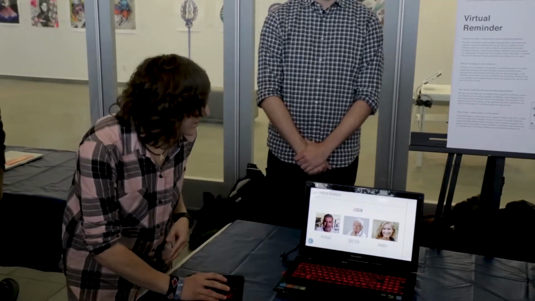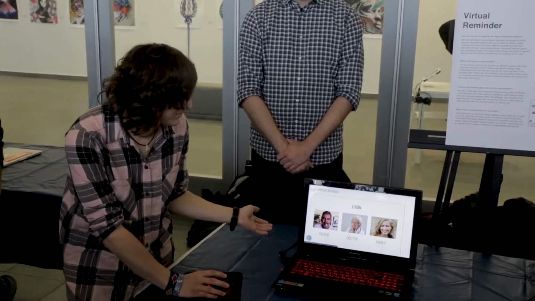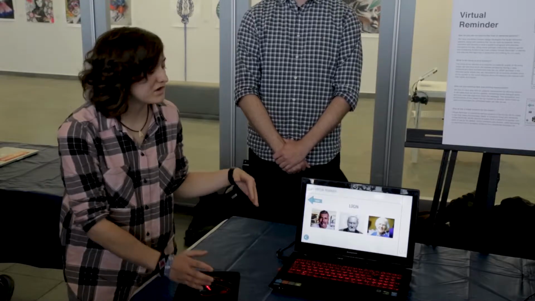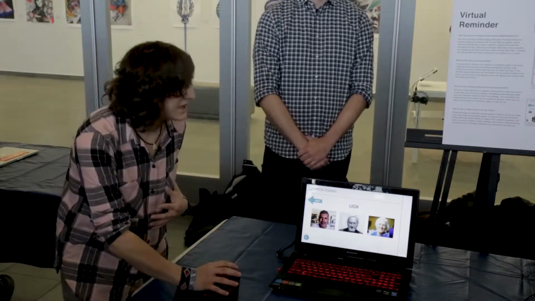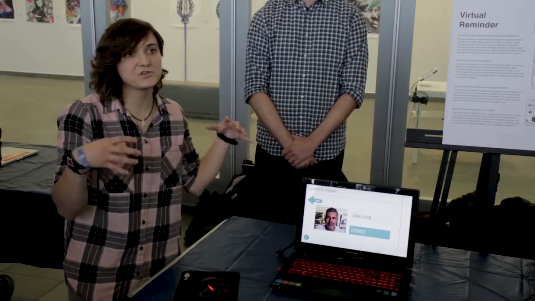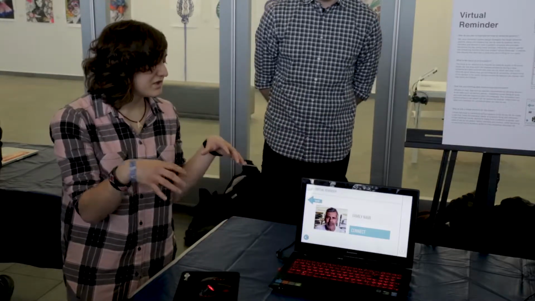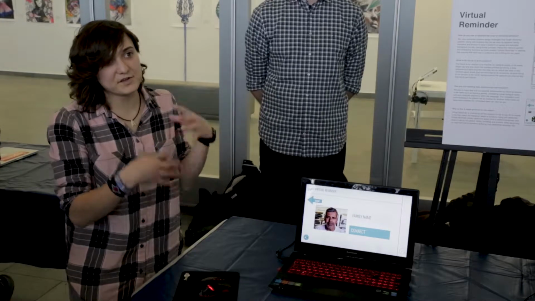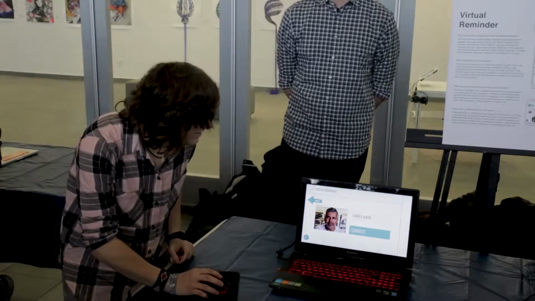This is our website. On the main page, we are showing our three market segments: the patients, the doctors, and the families. On the patient side, they have to log in based on their image, and as a security pattern, they have to write the family name to make sure that they access their own accounts and not others.